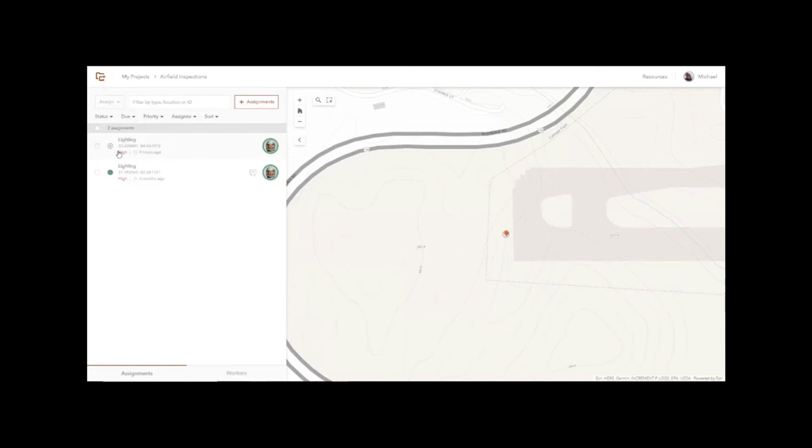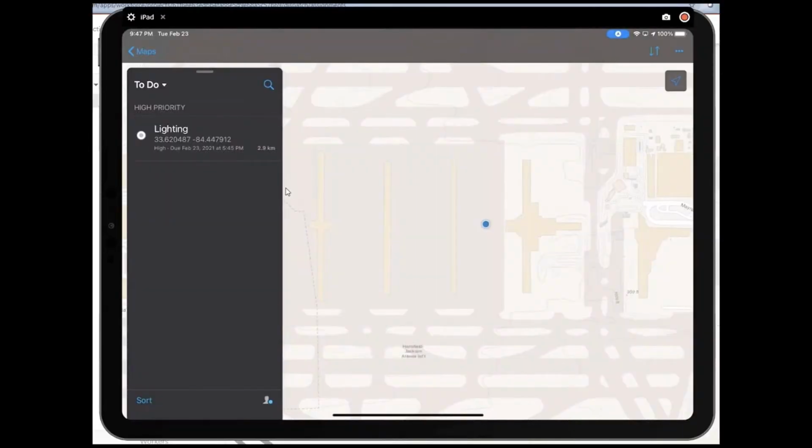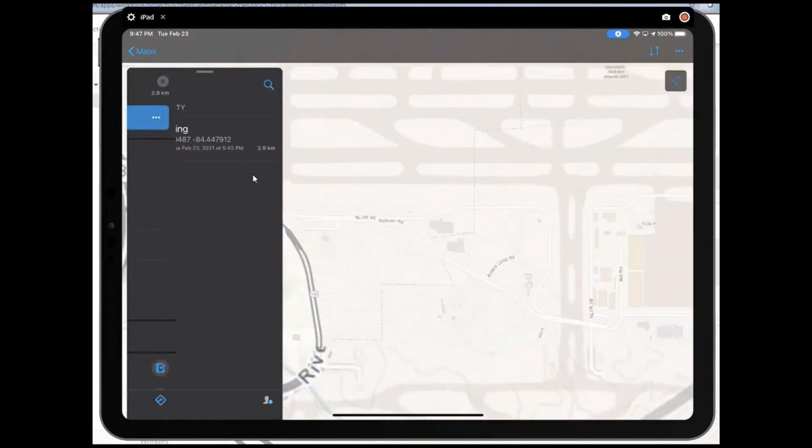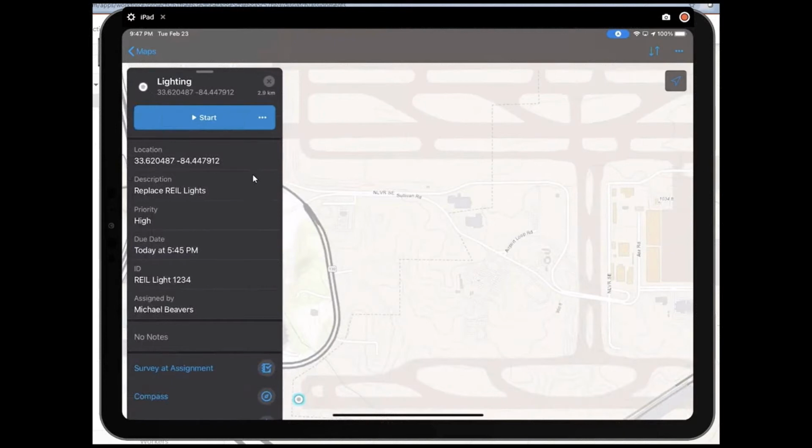Now what he's going to receive is a push notification that he's received this Workforce assignment, and he'll begin his work. So now I'm that individual, I'm John Glenn, and I got that notification that there was this lighting issue that was high priority that needs to be repaired. I can use the app to navigate to it and then start doing